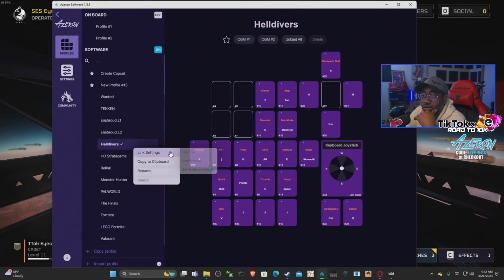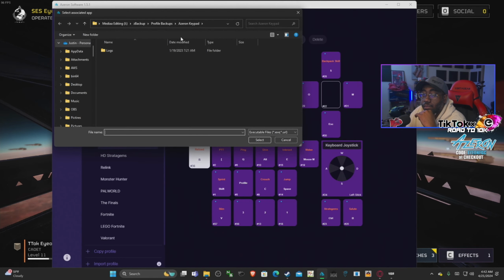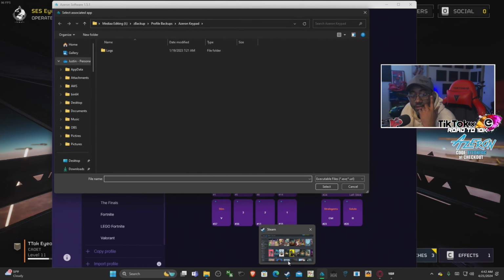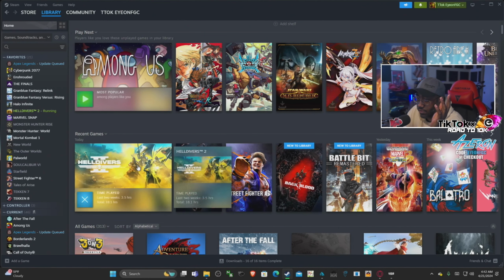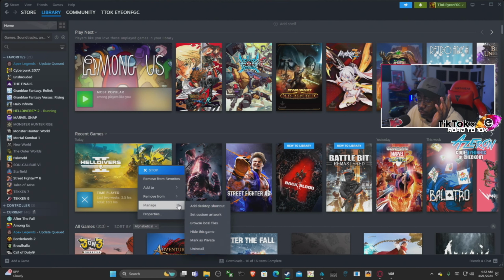And now we can link these to exe. So I can go here, link settings, link exe. And I gotta find Helldivers. So let me see. All right, I think the best way to not have to dig through the entire folder structures,